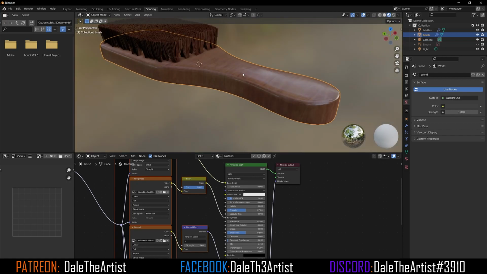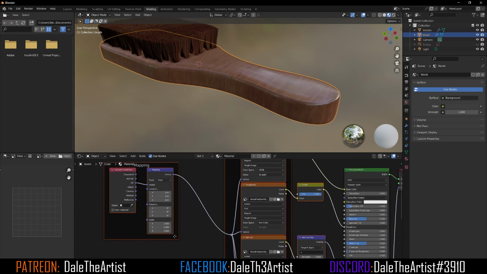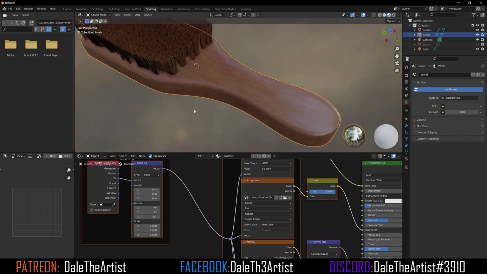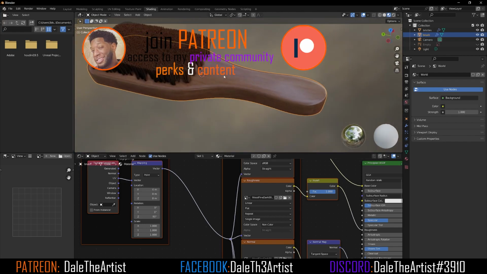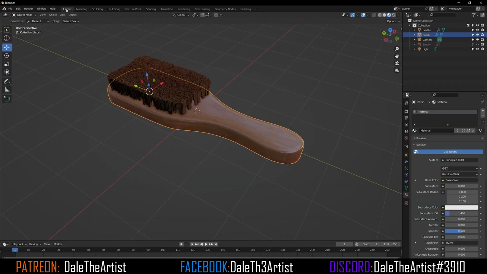And to get this to look the way we want it to, we can go over here to the left side to the mapping nodes, and you can just go to rotation and just rotate this. So let's rotate this, and we can just type in 90 degrees, and it's going to give us a selection that's closer to what we're looking for. Now with this being done, let's go back to layout, and let's ensure that we name this material wood_matte,